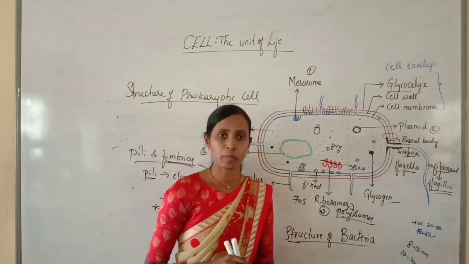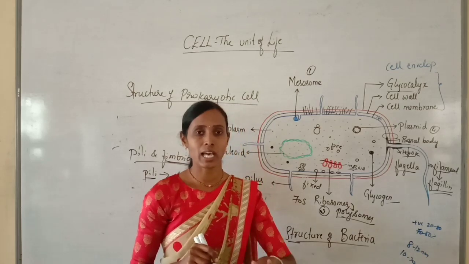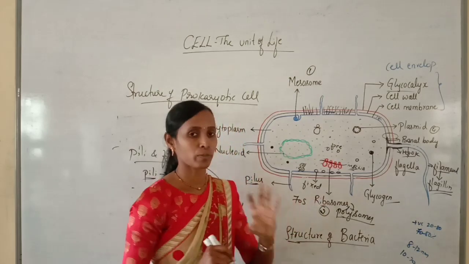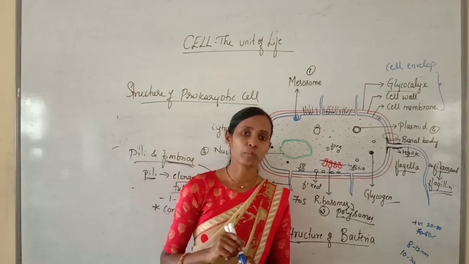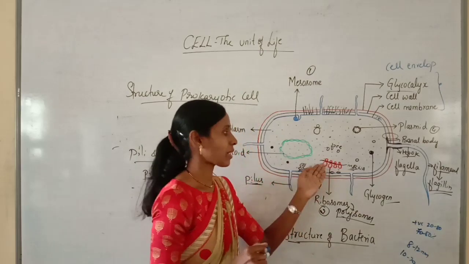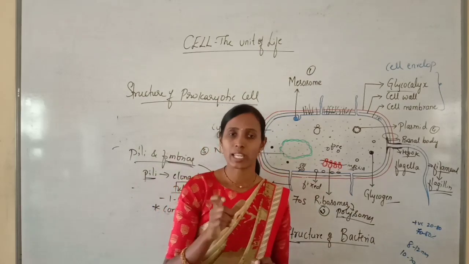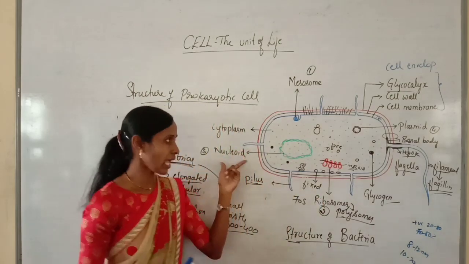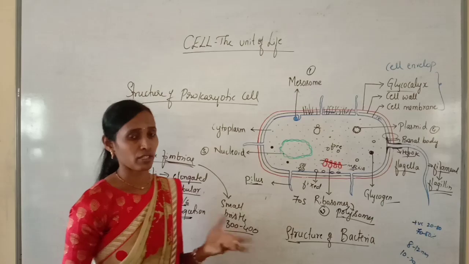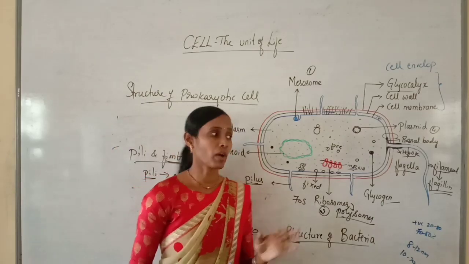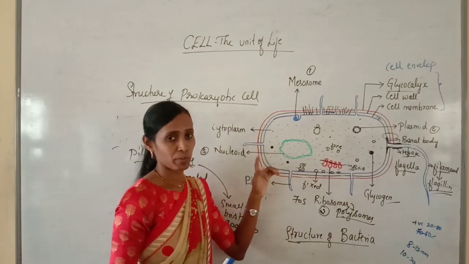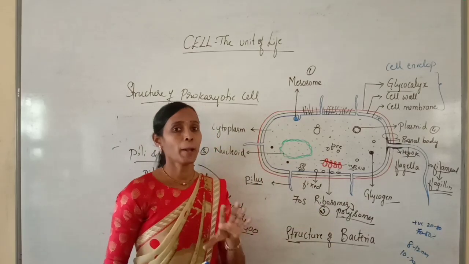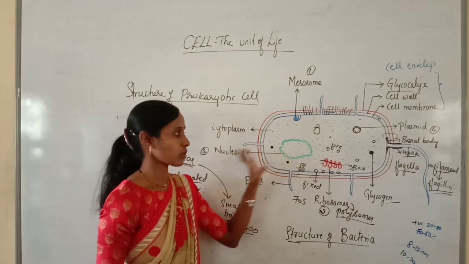And next one, ribosomes. There are usually 70S type of ribosomes made up of two subunits, larger 50S, smaller 30S, and their main function is protein synthesis. That's why they are called the protein factories of the cell. In bacteria, many ribosomes are attached to a single mRNA, called polysomes or polyribosomes. And nucleoid, it is a false nucleus, incipient nucleus, genophore, because of the presence of naked DNA, and this DNA is not enclosed by a nuclear membrane. That's why it is called a false nucleus.